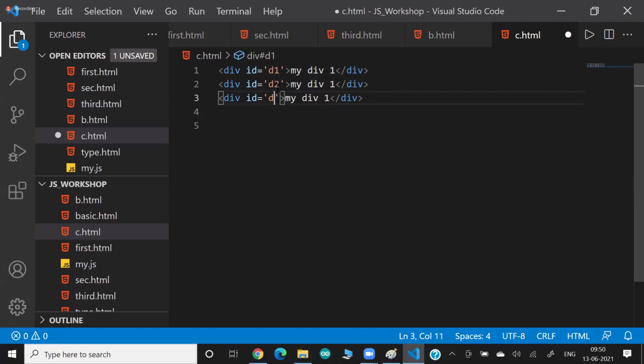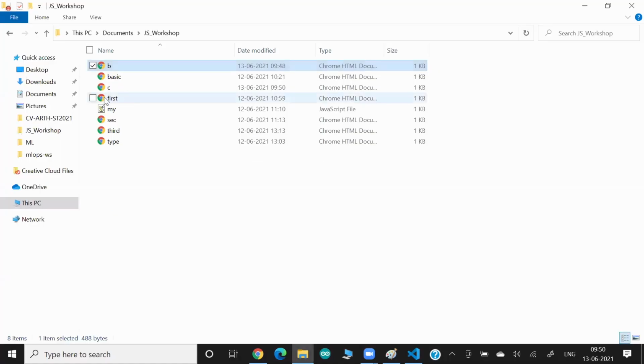These are the different IDs D2, D3, and this is the different content we are posting here. Okay, so nothing special about this file. It's pure HTML code. But in this HTML code,